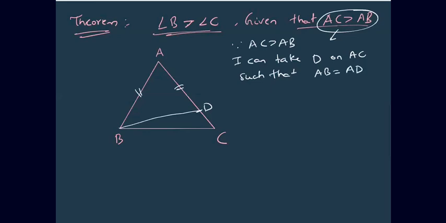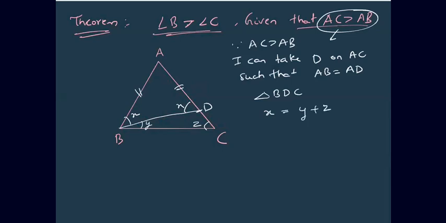So now these AB and AD are equal, so I can say that these angles are equal. Let us name these angles as angle X and angle X. Let us say this angle is Y and this angle is Z. Now if you see triangle BDC, you can see that this angle X is the exterior angle of triangle BDC. So then I can write that angle X is equal to angle Y plus angle Z.